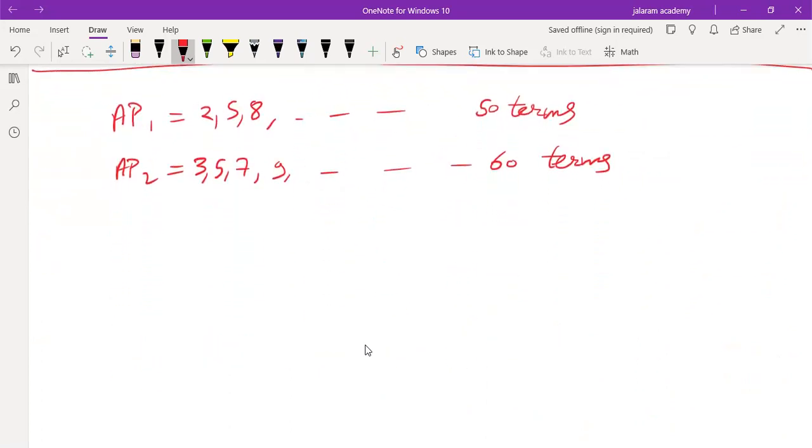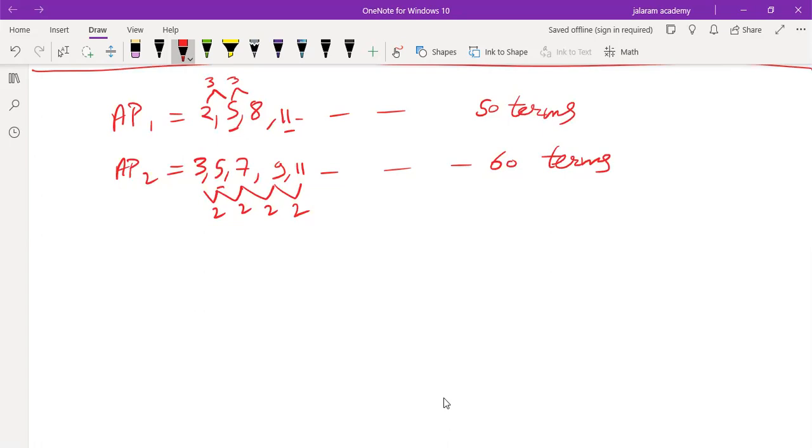So what is the meaning of identical terms? Means like this, 2 is not in both the series, but 5 is lying on both the series. Similarly, if you find one more term after 8 in the first AP, as we are observing that it has a common difference of 3, so 3 will be added to get the next term. So 8 plus 3, 11 will be the next term. And 11 is in AP2 also, as in this the common difference is 2. So if we add 2, we can get the next consecutive term. So after 5, 11 is the next consecutive term.